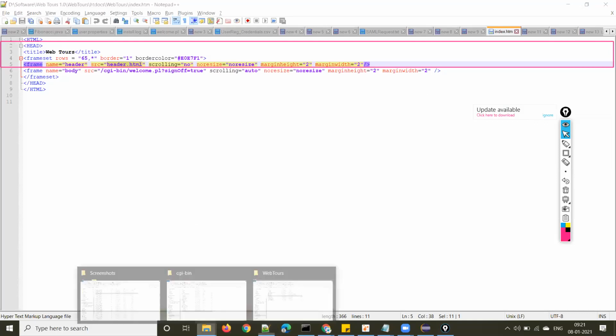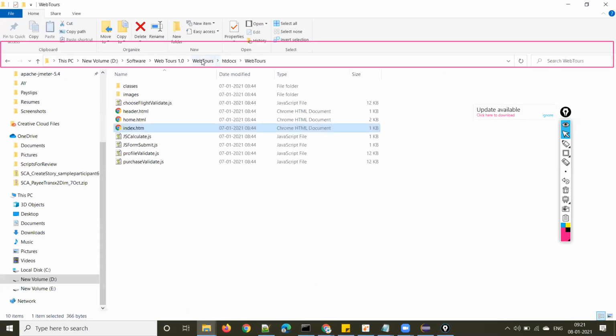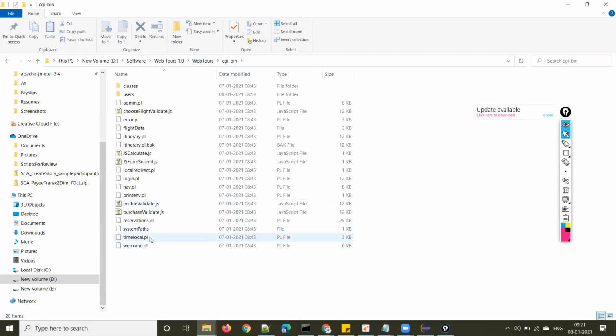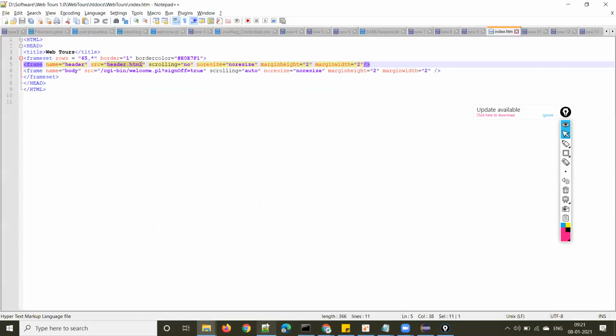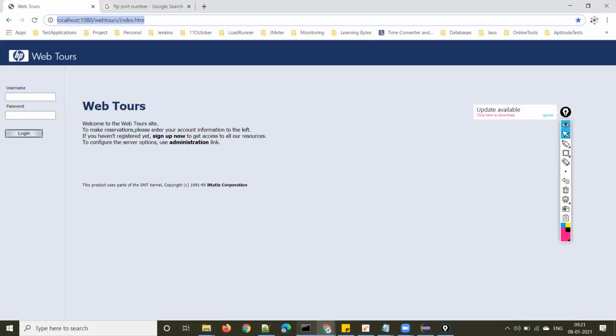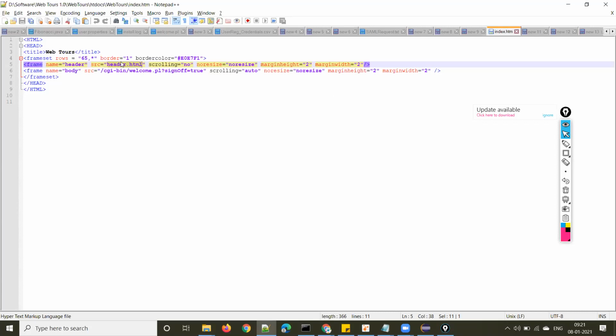Now, if you go to the WebTools folder, in CGI bin, you have another file, welcome.pl. So basically, index.htm is calling header.html and welcome.pl. This header.html makes the header and welcome.pl makes the body of the page.